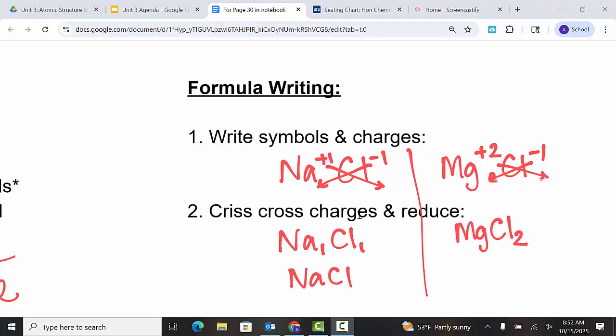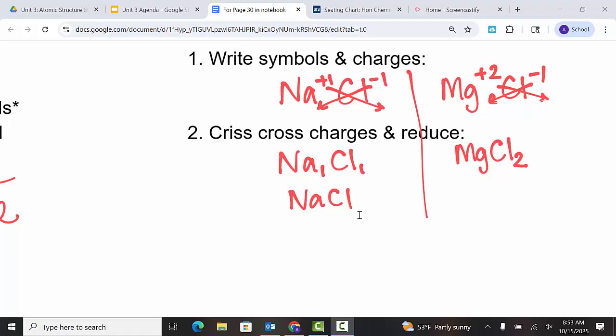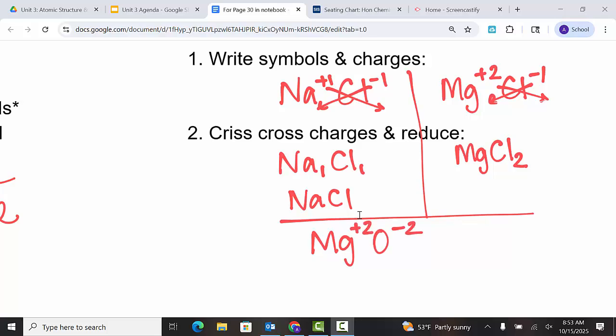Now, one last example with canceling out and reducing, just so you can see that at play here. So last example, what if we had magnesium with oxygen this time? Magnesium is +2, oxygen is -2, again, based off of the columns they're in, which we keep looking at, right? Since the first unit, we were looking at labeling these. So we crisscross. It's going to look like Mg2O2, but we always want to reduce it to the simplest ratio that we can,